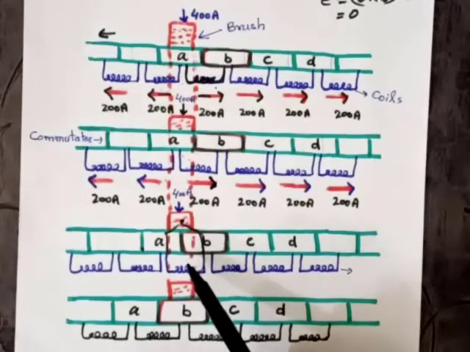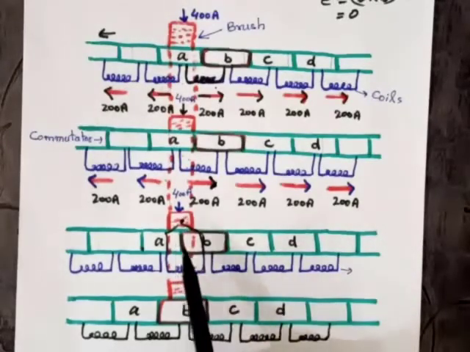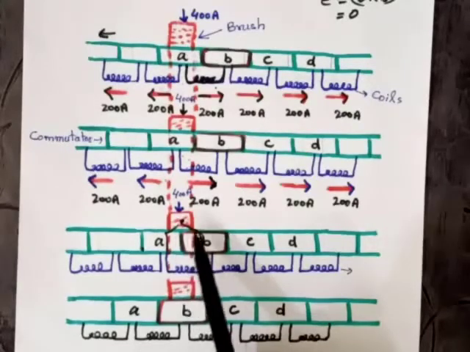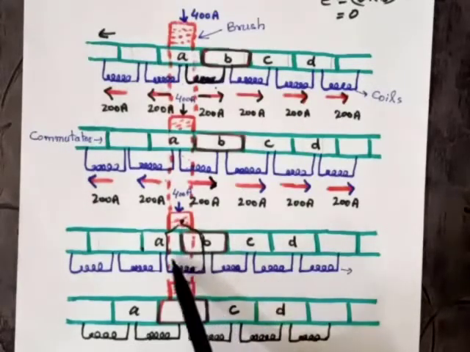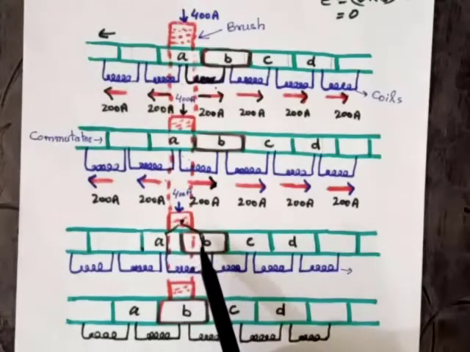In case there is no EMF induced in the coil, as we have already discussed, when the velocity of the rotation of the conductors and the magnetic fields both are parallel, then the induced voltage will be zero. Then there is no problem if the induced voltage is zero. We will be happy. But if there is even a slight inductance in the coil,